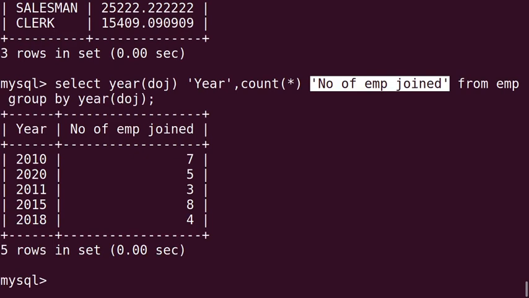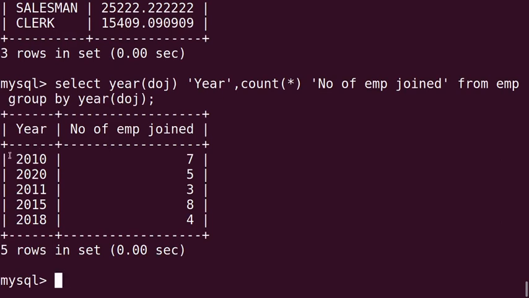See the output. If you see the original table, there 5 years we have taken in the date of joining field: 2010, 2020, 2011, 2015 and 2018. And if you want to see how many employees joined in these years, you will get the output like this. In 2010, 7 employees joined. In 2020, 5 employees joined, and likewise, right?